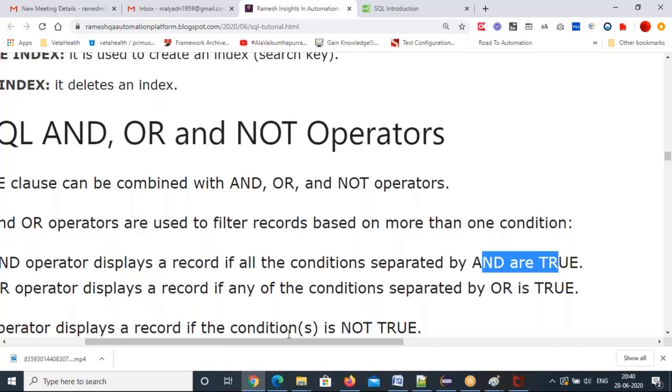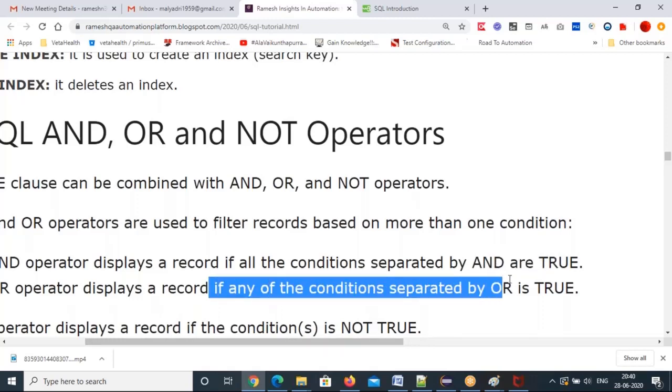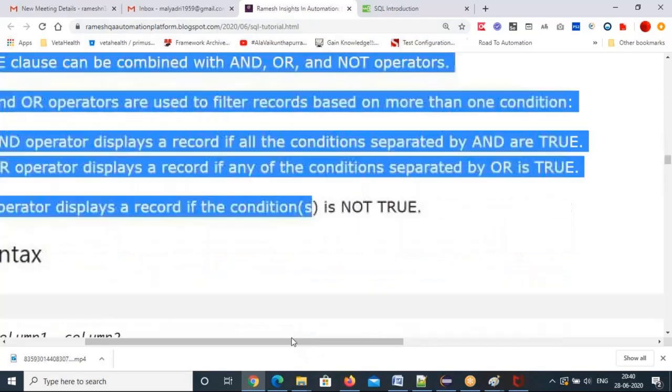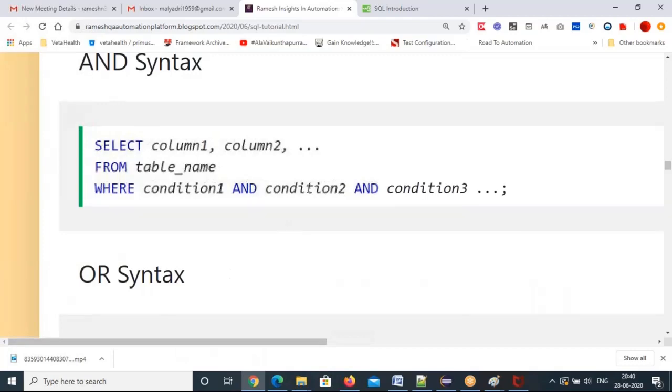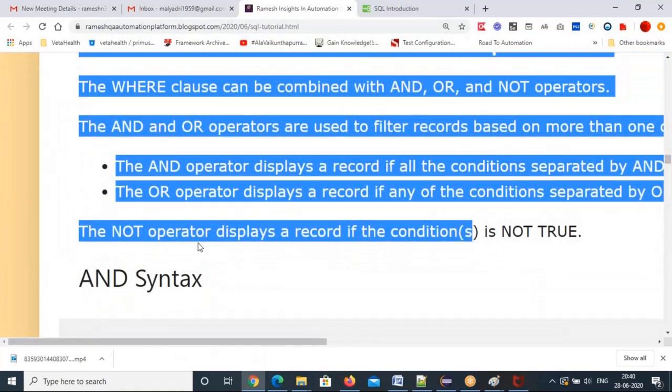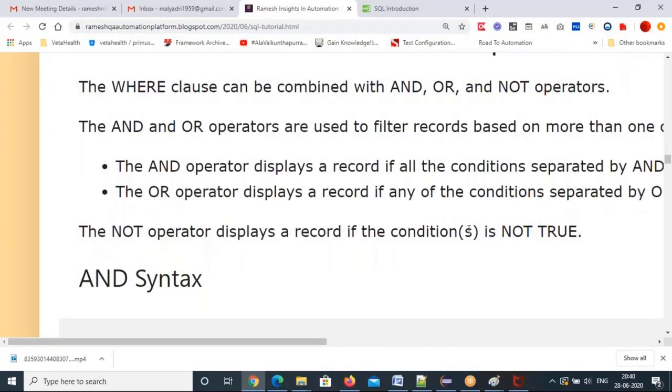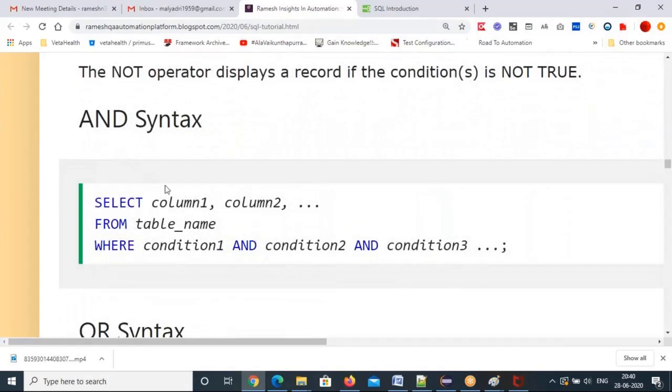The OR operator displays the record if any of the conditions separated by OR is true, then it will retrieve the data for you. The NOT operator displays a record if the condition is not true. That's the NOT operator.